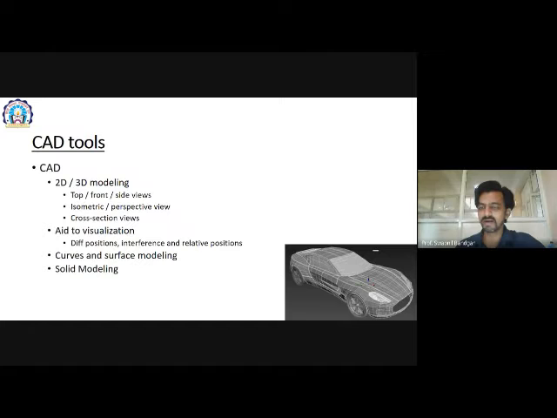Means with a functional use, if you want to make the bonnet of the car, then what should we do? There is a windshield. So windshield means these surfaces should be incorporated in the windshield. So this part will be made of windshield glass. Then the tire below will be made of rubber, and so on. So this comes when we get the curves and surface support from the CAD tools. And then, last but not least, the solid modeling. Once we get the curves and surfaces, then we can solid model that car.